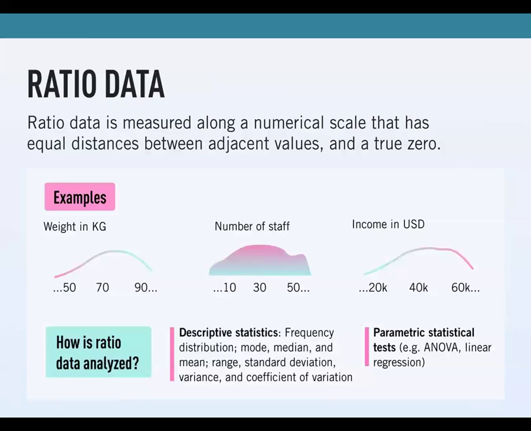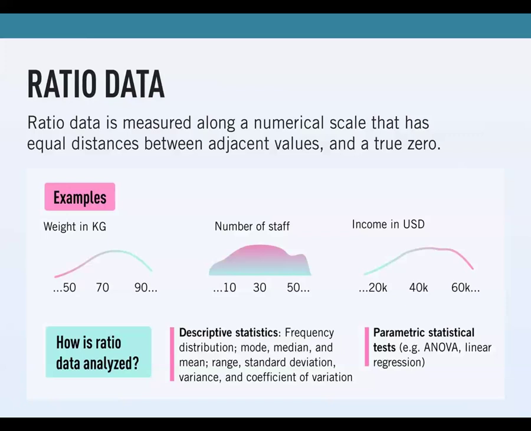Then we have the ratio data. This represents fixed measuring units and an absolute 0 point. By using ratio levels, it measures a variable by which the numbers indicating a variable's value represent fixed measure units, and there's an absolute 0. For most statistical analysis in social science, the interval and ratio levels of measurement can be treated as equivalent.